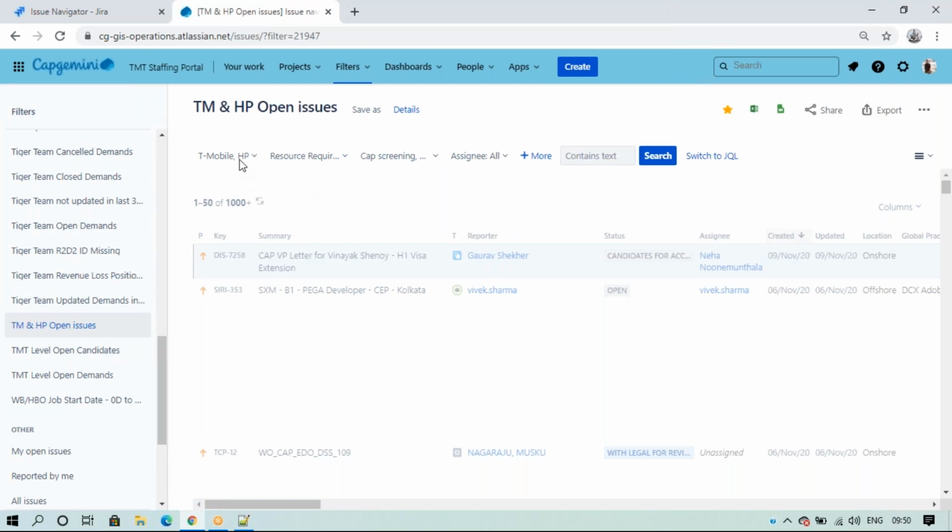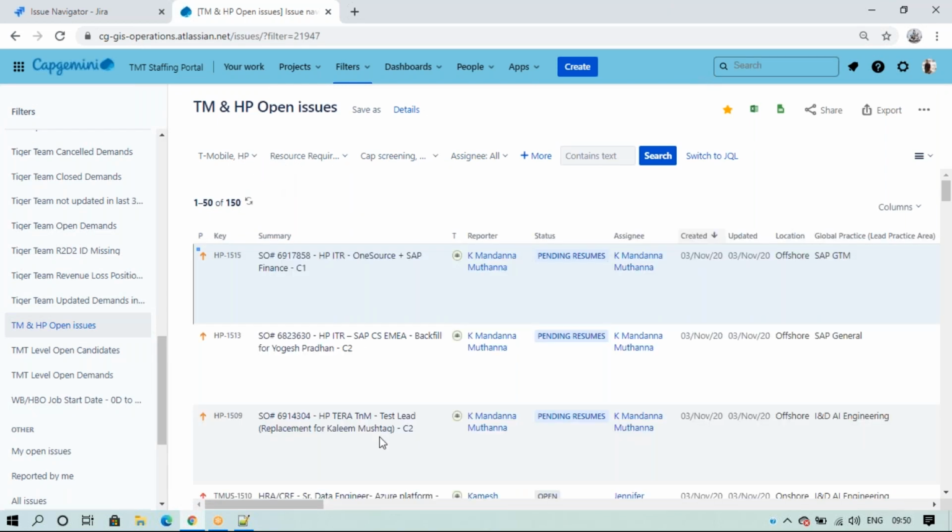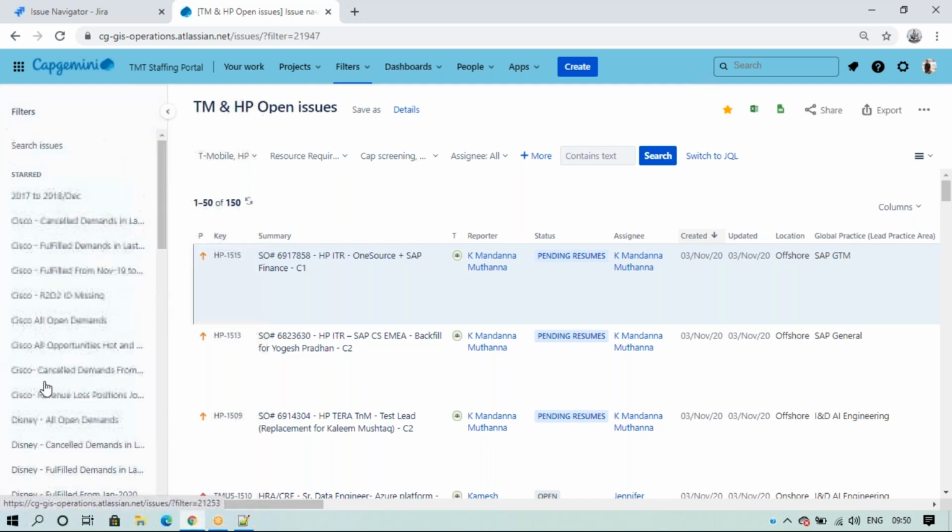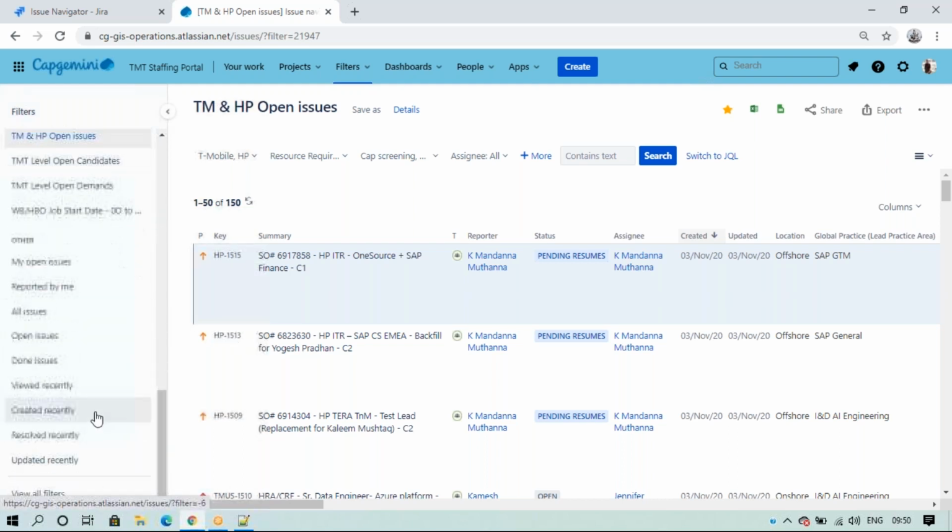So the query will automatically be saved, and this is the one. So you don't need to write it every time. And if you click on this favorite one, it will appear on this left side, or else it will go to the back side. In that case we need to click on view all filters, then we need to find it. So I'll just uncheck this, and it will not come.